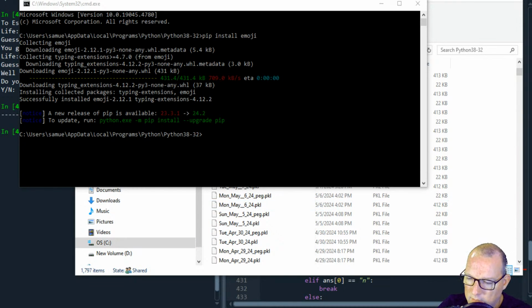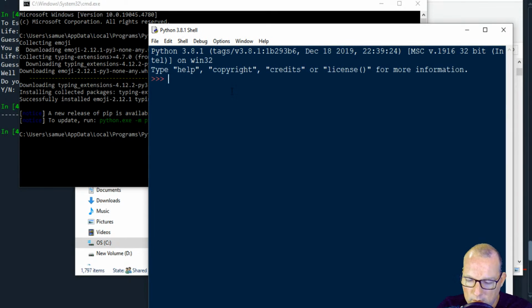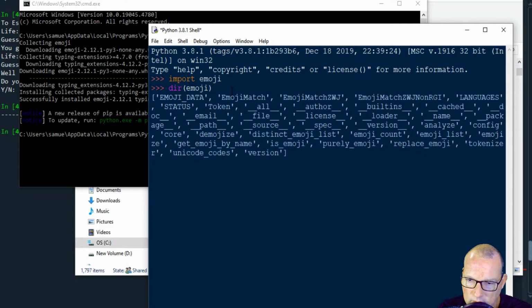And give me a second. Here comes 3.8. Import emoji. Bingo. So now let's look. Here's all the emojis. So I may toy around with this today and see if I can get this installed